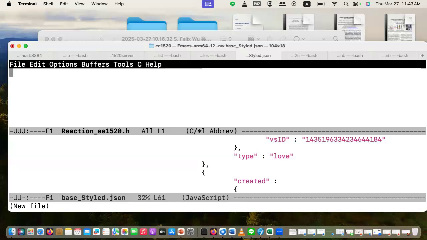I'm putting in the file reaction underscore E1520.h. Now I'm going to put in a template, which is class reaction, with two curly brackets and a semicolon.